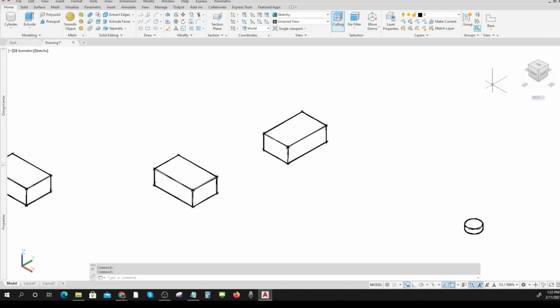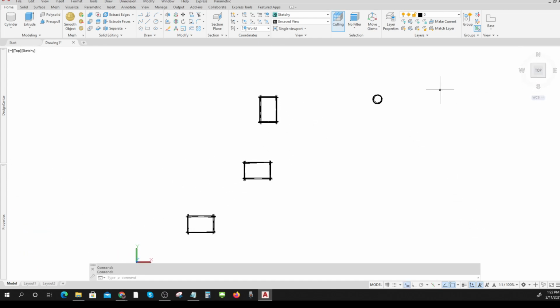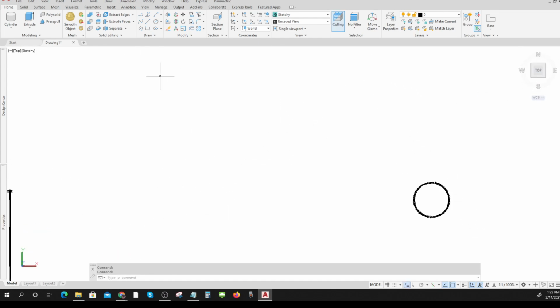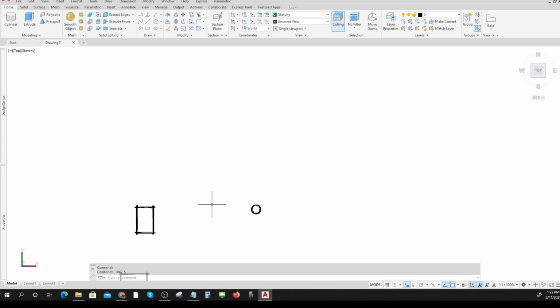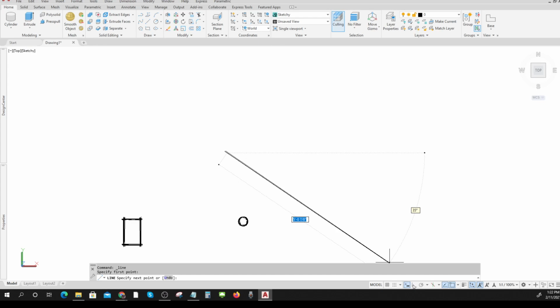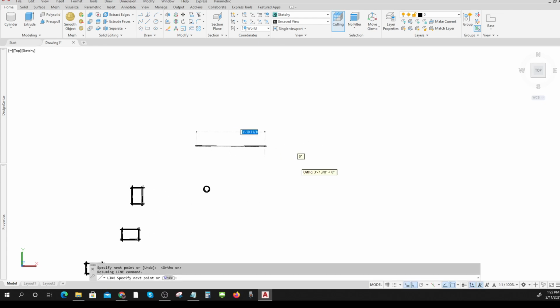Now I want to show you one more thing that will make a lot of difference when you make your water tower. I'm going to say units because I'm going to make a big thing. I'm going to make it architectural. It really helps if you make your lines first. So I'm going to turn this ortho button on again. If my legs are going to be, say, 15 feet apart,